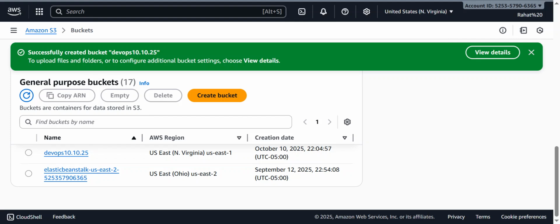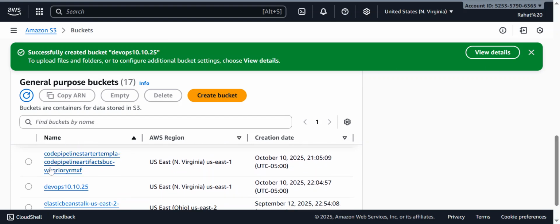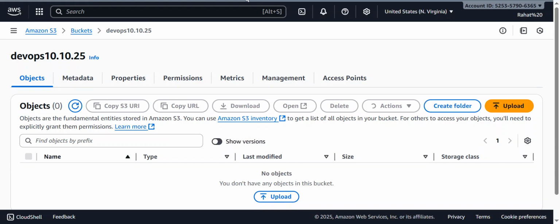Also, the bucket name should be unique because it's worldwide. So I'm just gonna search, and my bucket is right there. We're gonna click here, and then this will open the bucket for us. Okay, so now what we're gonna do is